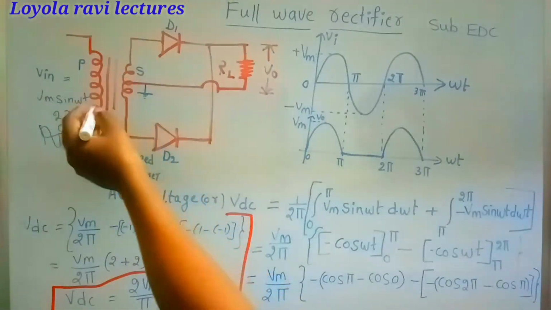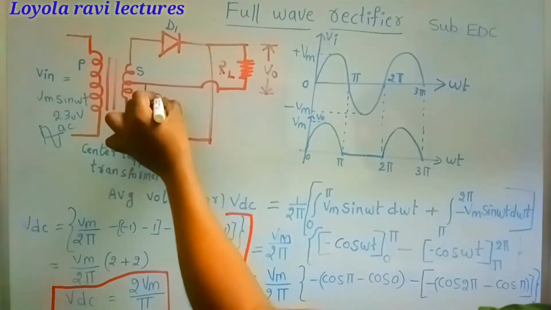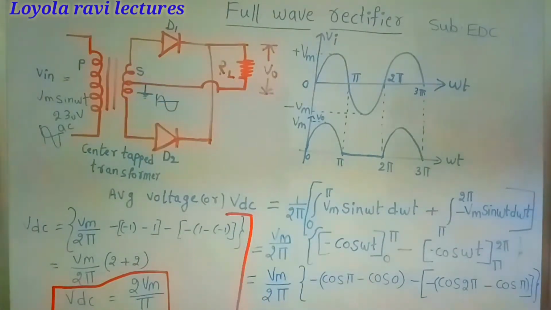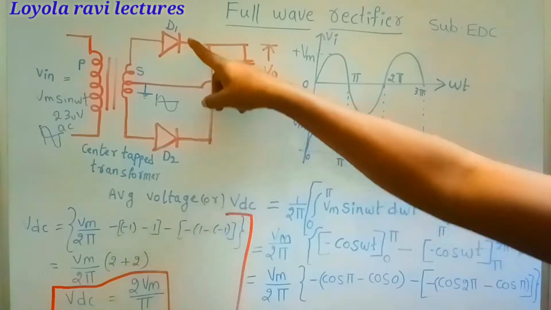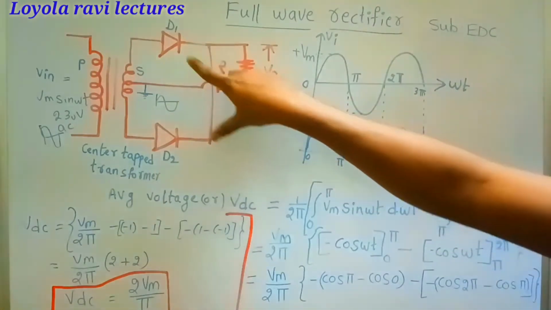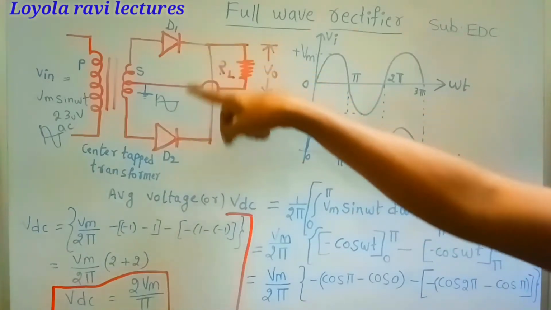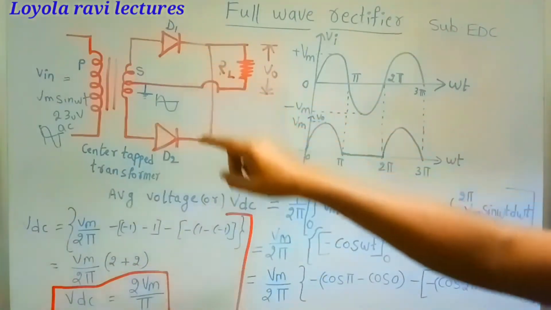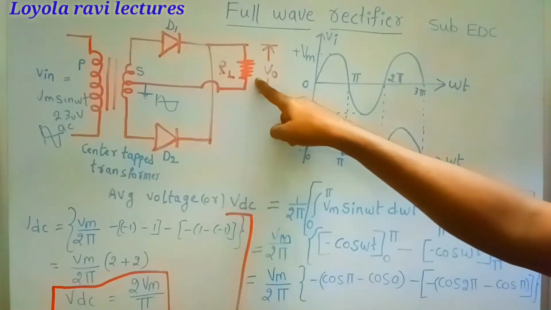The transformer converts the 230 volts AC sinusoidal signal into a step down AC like this. This AC is connected to the rectifier. These two are the diodes. This circuit is known as a rectifier circuit. After the transformer, we connect the diode circuit, that is the rectifier circuit. Here D1 and D2 are the two diodes, and across the load resistance RL we are going to collect the output